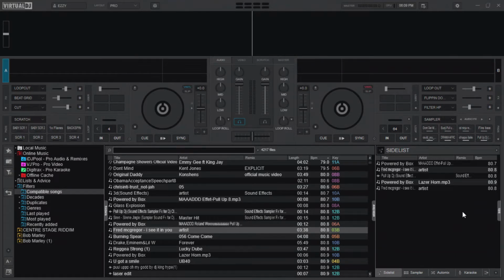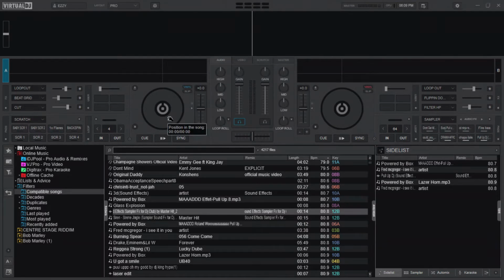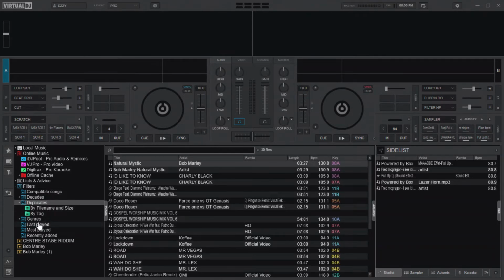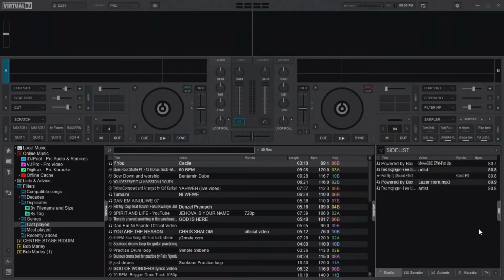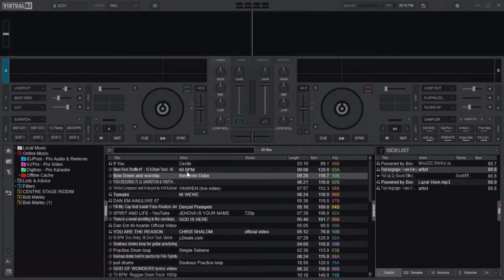That is what I'm calling the selector kind of a brain. You feel the music. If it's reggae, you play reggae on this side. If it's hip hop, if it's country, if it's electro house, all those you can play them through the virtual DJ. But when you are selecting the next songs, because they might be in different folders, you make sure you put them somewhere in one place that you may access them easily, and you may sort them and mix them in a kind of professional way.